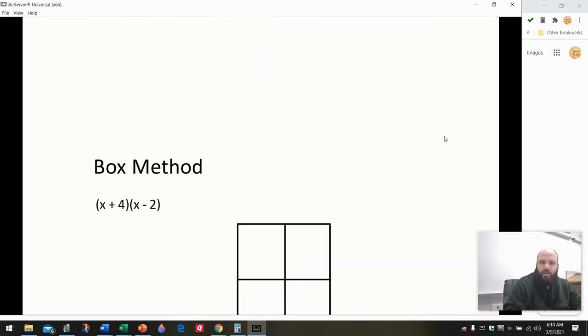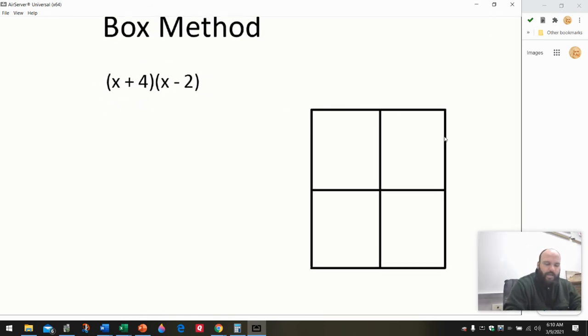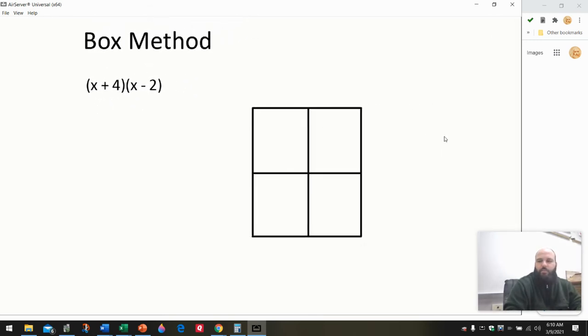And there's your final answer, x squared plus 2x minus 8. Now, as I said, there are two ways to multiply these. The other way that you can multiply these is through what is called the box method. And the box method is really just a way to set these up so you can see what gets